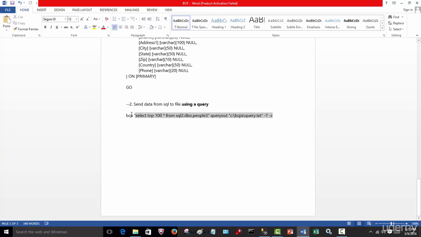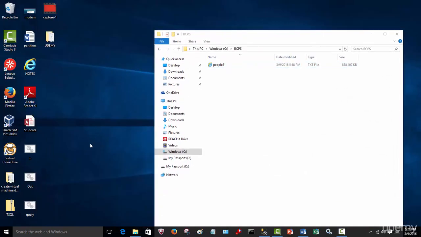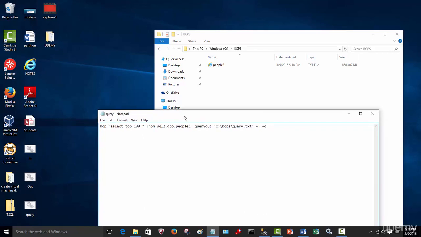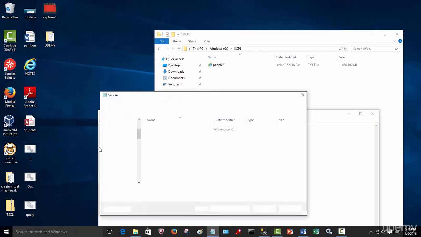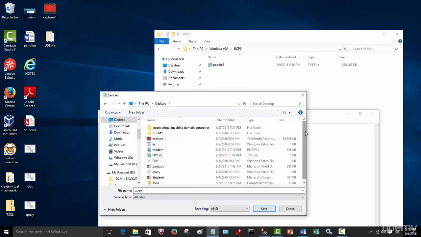So now if I copy this, or actually, you know what? I'm going to show you about batch files. So what is a batch file? A batch file, obviously, if I right click this and edit, you'll notice that the same command that I just went over, I've taken Notepad and I've copied it and pasted it here. And the other thing I'm going to do now is I'm going to save it as a batch file. I'm going to go save as. I'm going to go to my desktop, choose all files because I've already created one. And I'm going to find